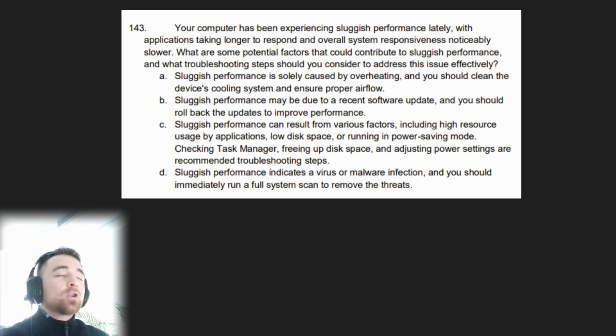Now here we've got, it could be from a wide variety of factors. It could be from high resource usage. Do I have 6 million different applications open? Am I trying to stream a video and watch Netflix over here and play online games over here